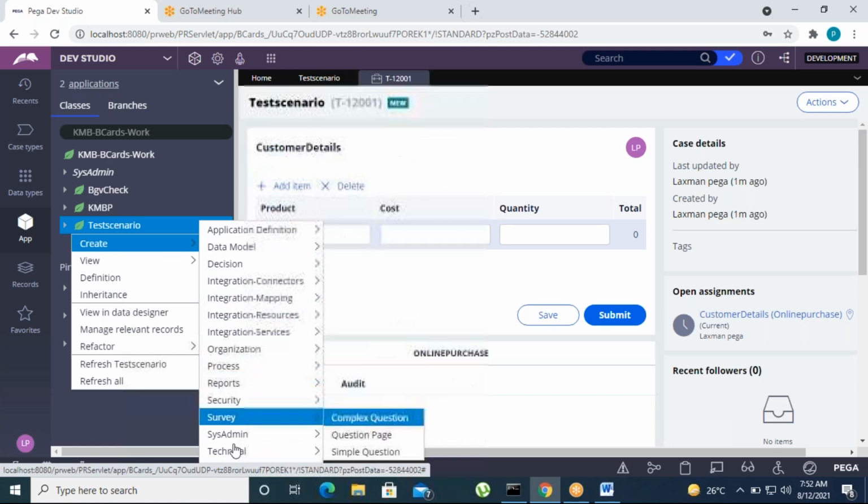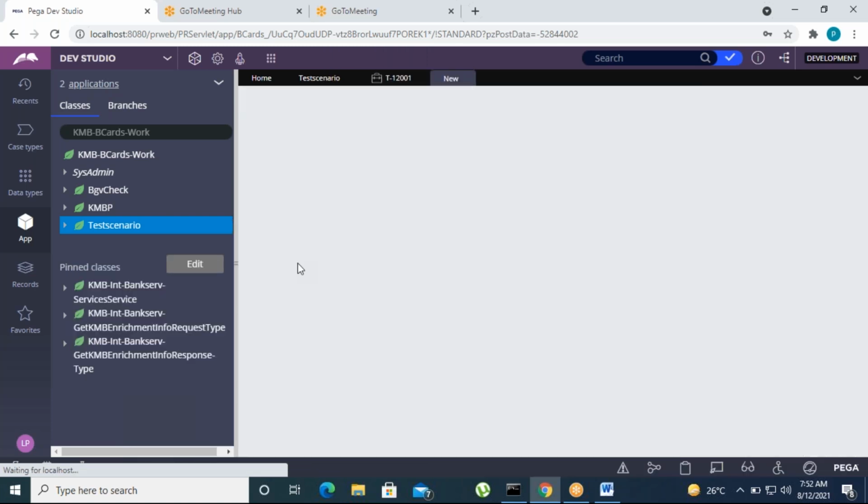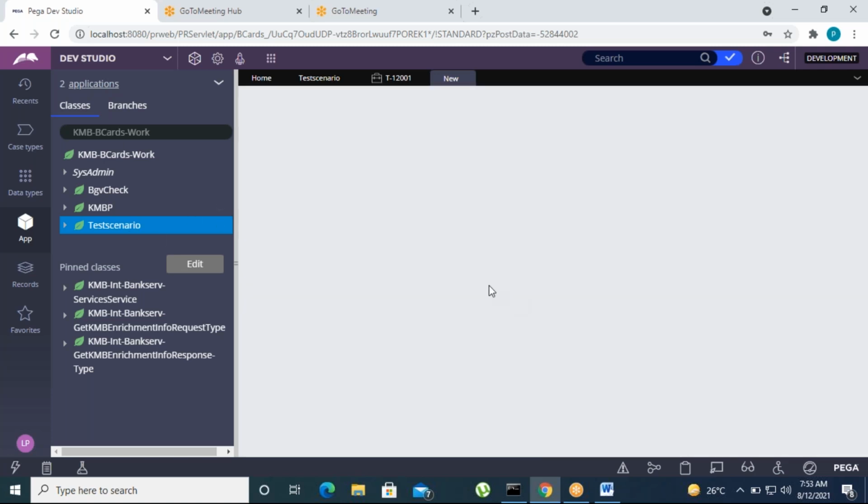On change is nothing but when the property changes. Whenever the property changes, an activity will be executed in the background, and that is the declare on change. Test on change: go to create and open this on change rule.